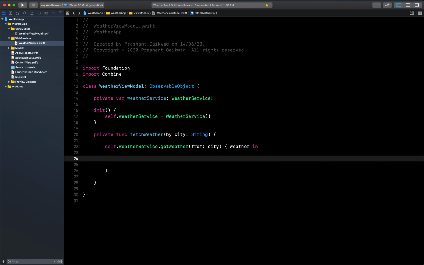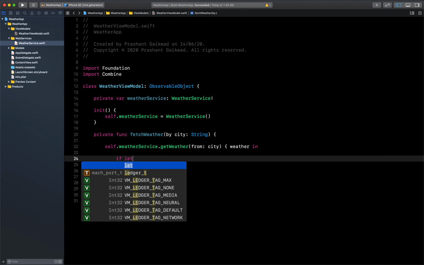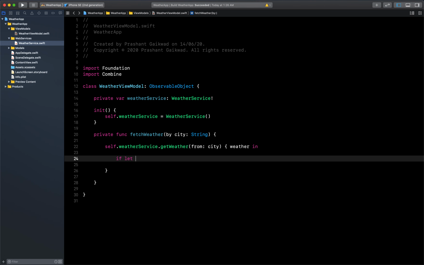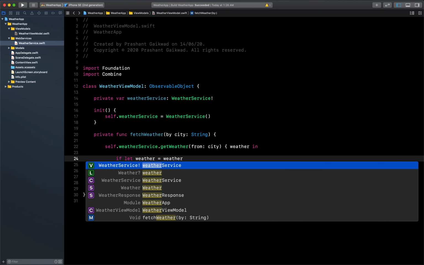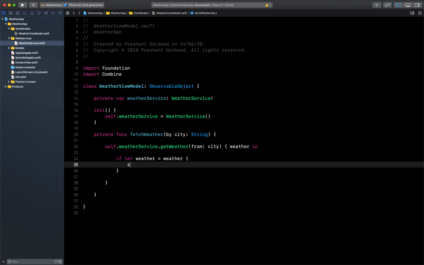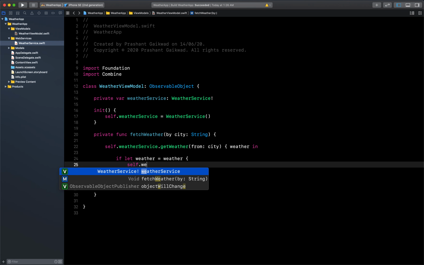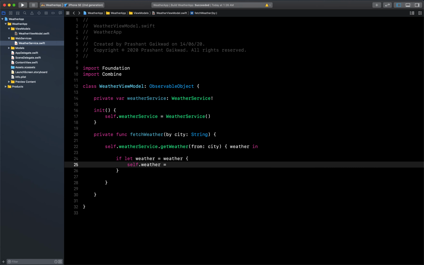Okay, so now we have called our API and we have got the weather in return, so we also need to check if we have the actual weather data or not. If let weather equal to weather, and if we got the weather data, then we can assign it to our local weather object like this.